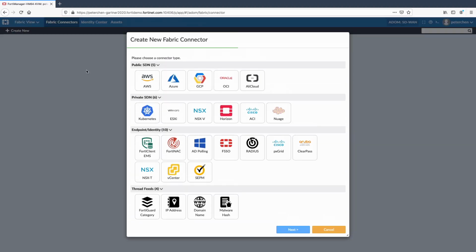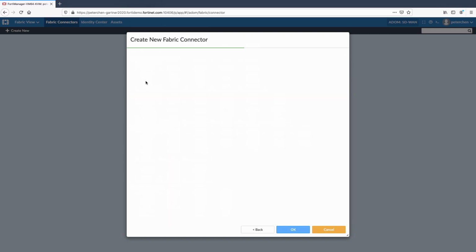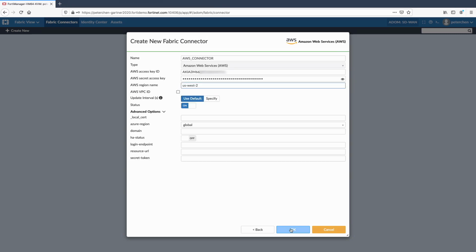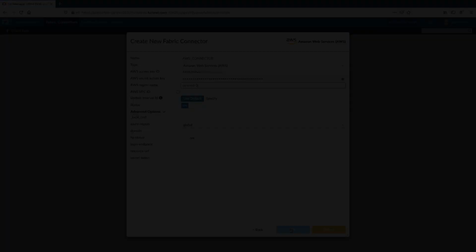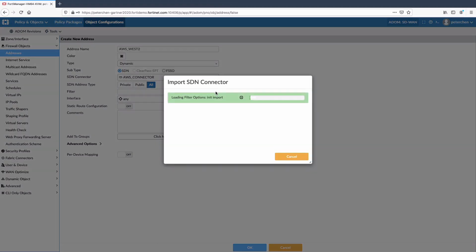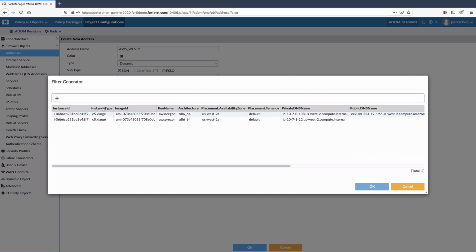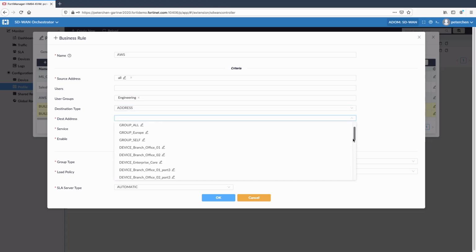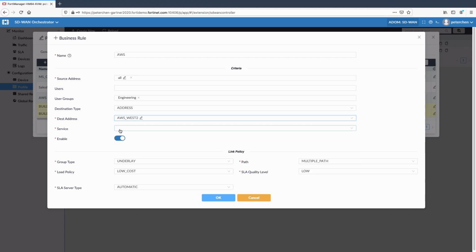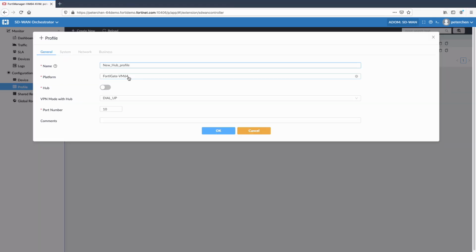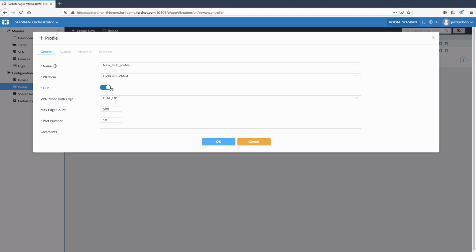Also worth mentioning is the use of Cloud Fabric connectors to gain visibility into cloud environments by reading metadata via cloud-native APIs. Once connected, FortiGates can create dynamic objects mapped to cloud resources and use these objects in both security policies and SD-WAN rules. In SD-WAN Orchestrator, defining topology type is as simple as toggling the hub profile of a